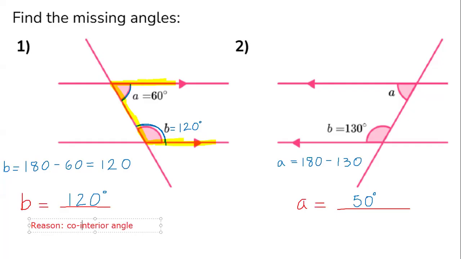And what do we know about co-interior angles? They add up to 180 degrees. Very good. So that means if this one is 60 and they add up to 180, in order for us to find what B is, we have to subtract from 180 degrees. That's very important. Okay, so that's how we do that. Same thing with